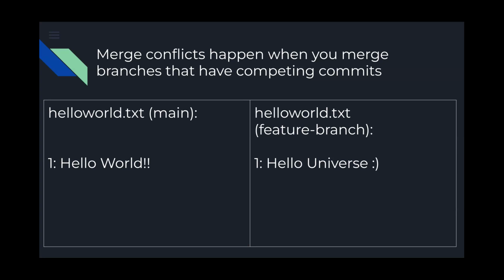If you could imagine if these were functions, if I had a function and someone wrote the same function in a different way and they merged together on top of each other, GitHub could do a few different things automatically, but there's no guarantee for it to pick the right one in your circumstance.